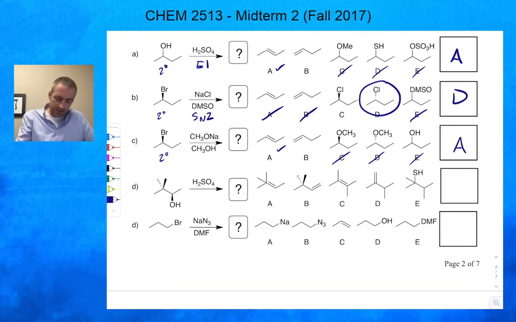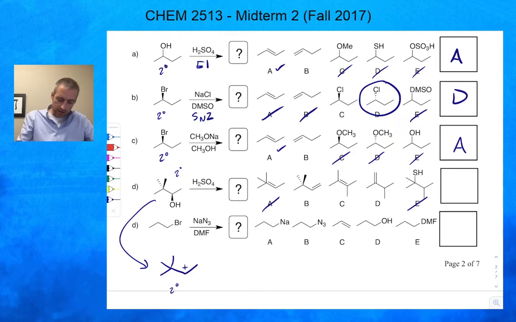Next one, we have a secondary alkyl halide, which will react with sulfuric acid to do elimination. Just looking at the product right away, A is definitely wrong because it has a pentavalent carbon. Carbon cannot have 5 bonds. And then we have E, which doesn't make any sense either, which we can eliminate right off the bat. Now what's going to happen with this is it's going to form a carbocation, which looks like this, which is a secondary carbocation, which it can rearrange